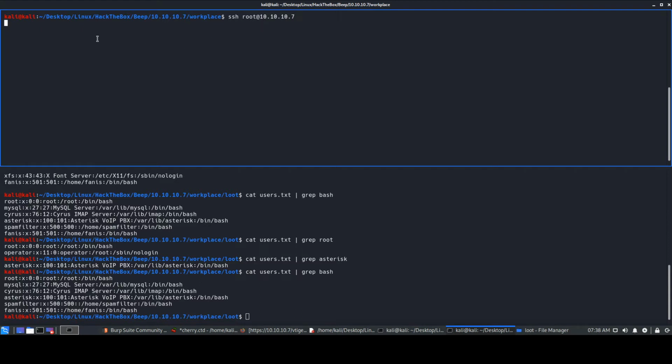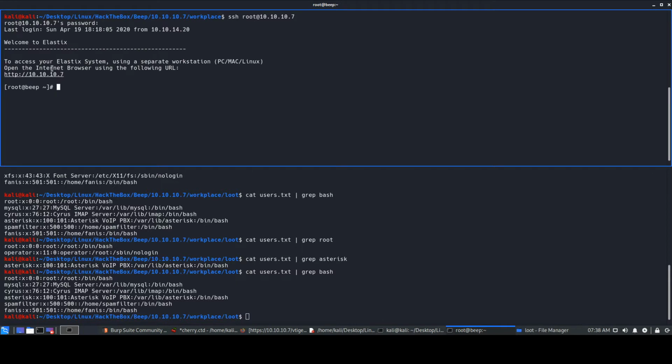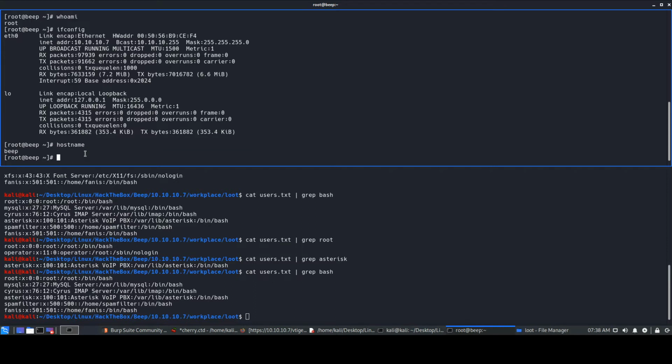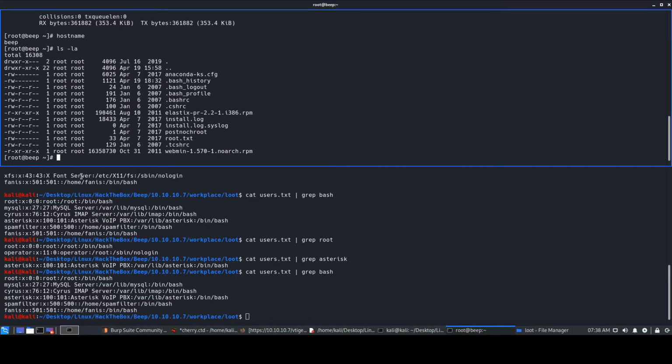Okay, root. So we paste the password. And we see that we have access over here and we are in the system as root. If you guys check, we are in this target machine, we are in beep and we are root. It mentions over here as well, but yeah, just saying. So we are in the system as root, and obviously you all can quickly go and get the user and root flags over here. We can very well read it because we are root, and we can read this root text.